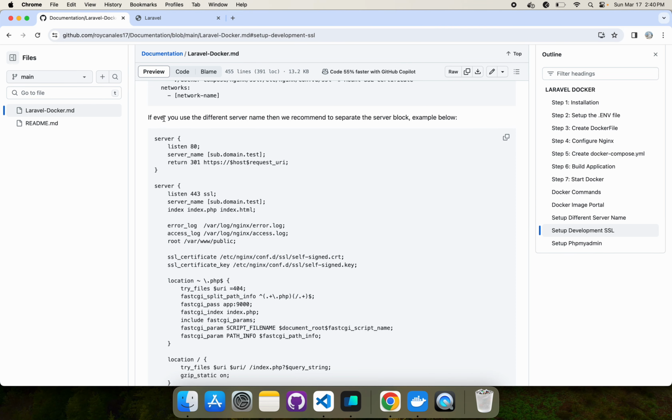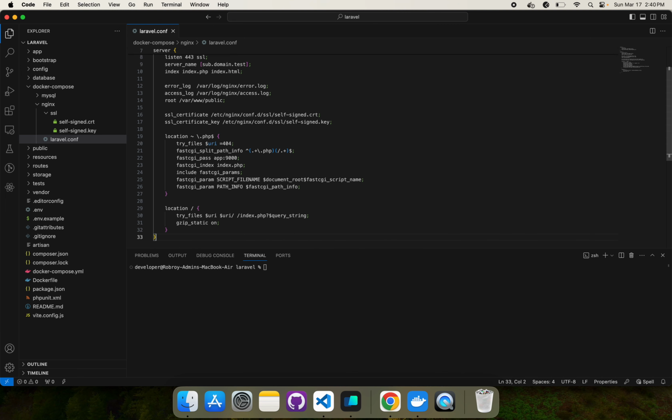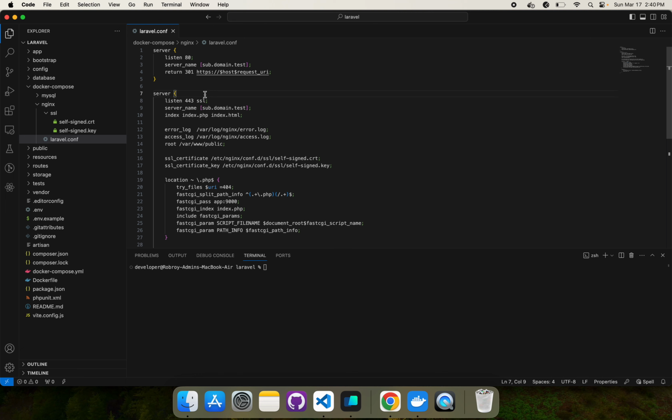So as you can see, if you use a different server name, then we recommend to separate the server block. Example below. That being said, if you are using a different server name like Laravel.test in my case, you should separate your listen 443 SSL into a different server block. So let's replace everything here and paste the new one. Now again, the brackets, don't forget to replace that with the domain you have set, in my case Laravel.test, and